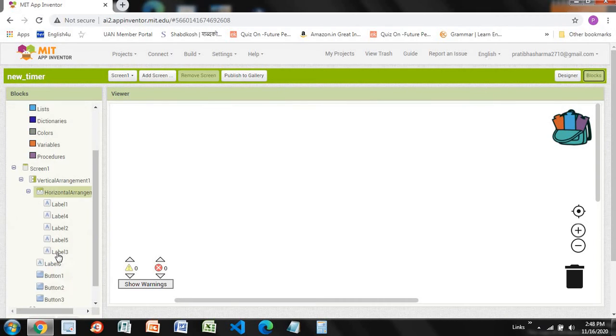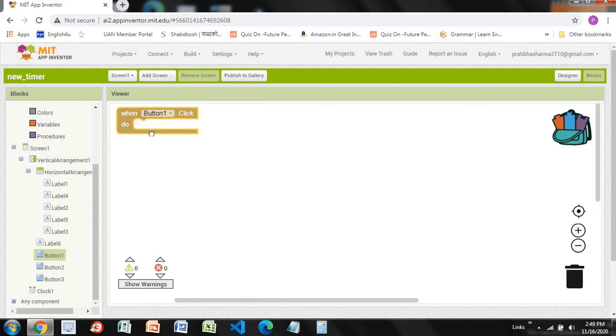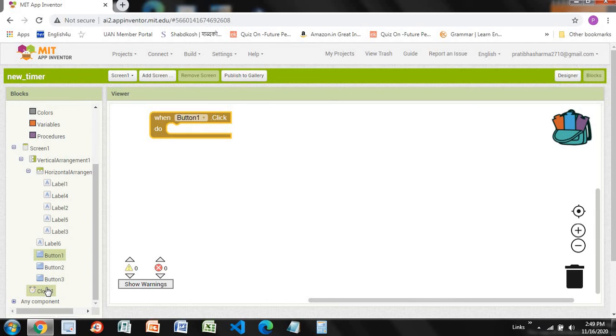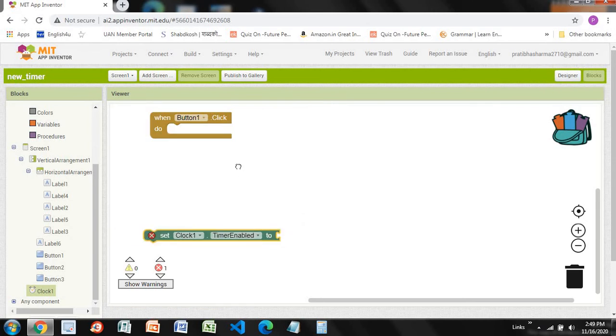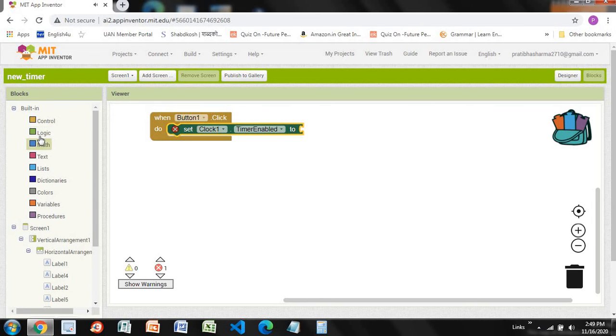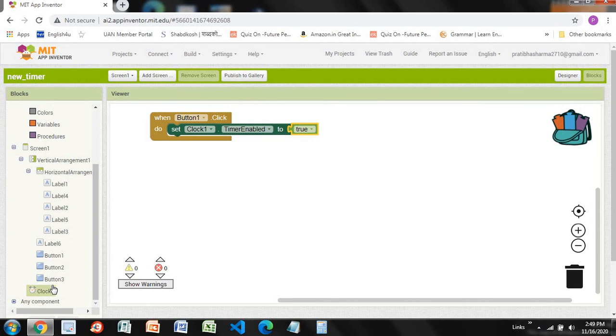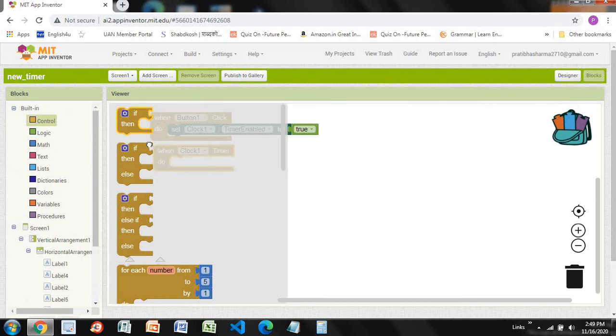So when somebody clicks on button 1, the start button, we have to make the timer enabled true. So make this set clock 1 timer enabled to, go to the logic and drag and drop true, like this. Then go to the clock again, drag and drop when clock 1 timer. Now go to the control and select if then,